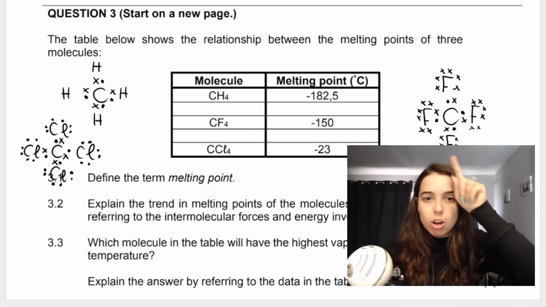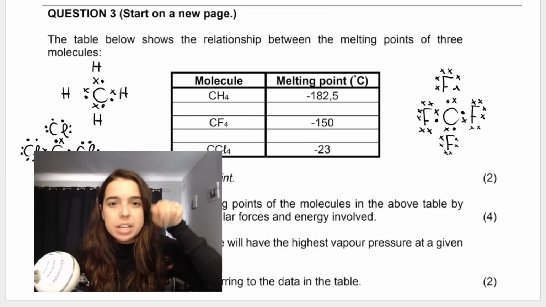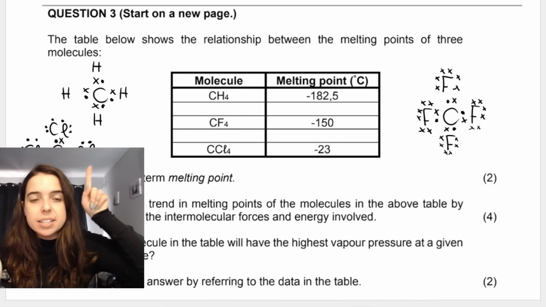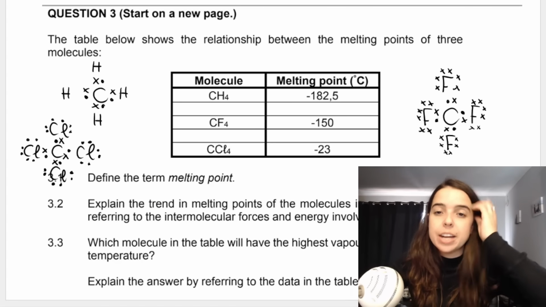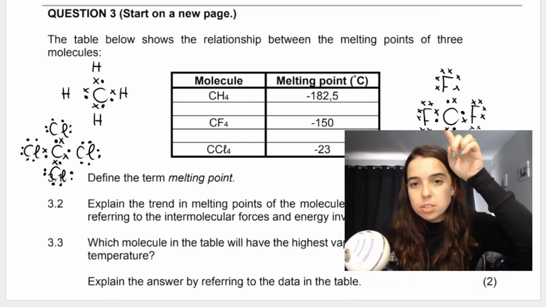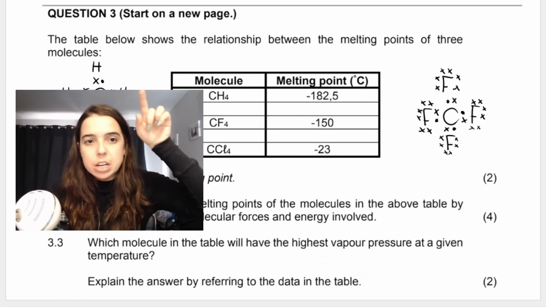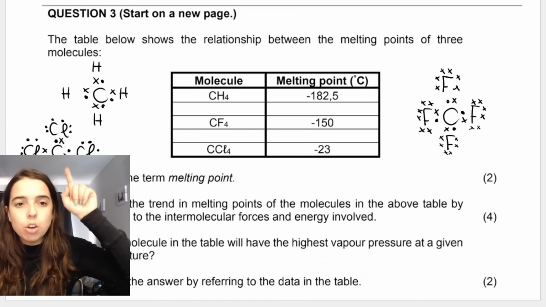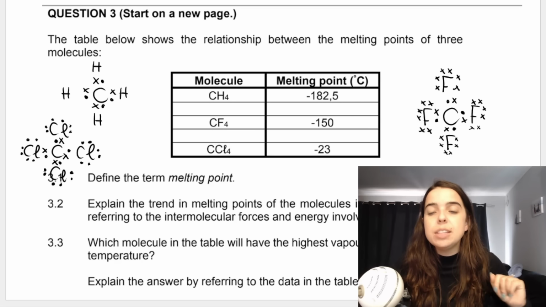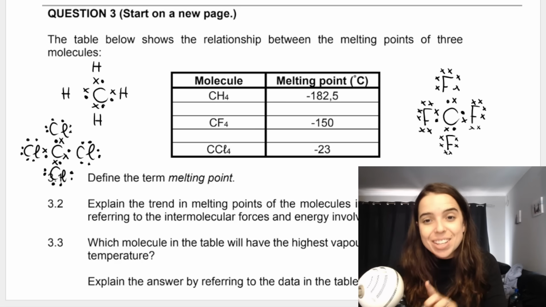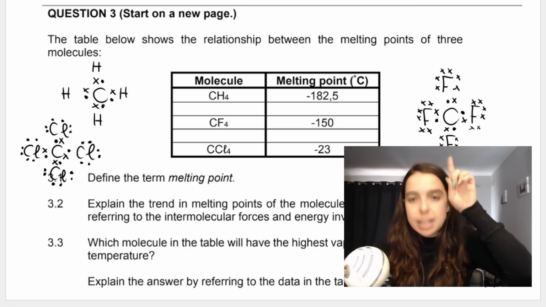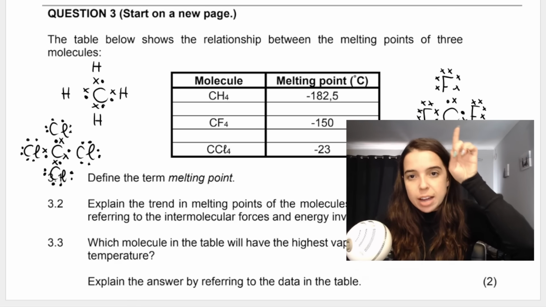Take a look at all of my compounds. So there's CH4, here is CF4, and here is CCl4. If you had to do the difference in electronegativity for each of these bonds, so the carbon-fluorine bond, the carbon-hydrogen bond, and the carbon-chlorine bond, you would see that the bonds are polar covalent bonds. However, because of the molecular shape, so because this is tetrahedral, the central atom has no